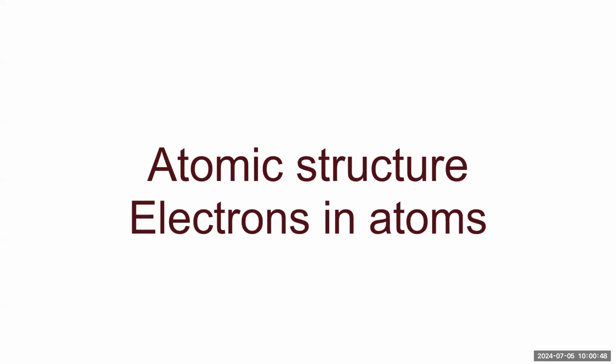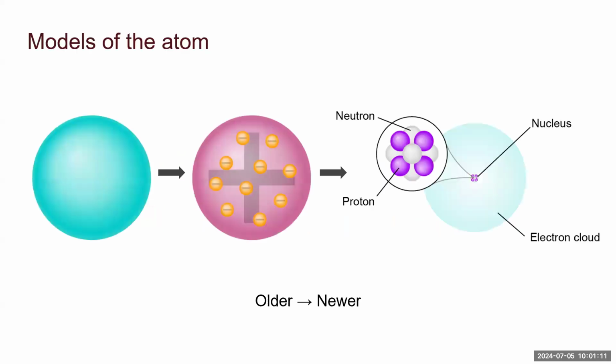So we are going to use today's lecture to continue digging into the periodic table. We're going to be talking about electronic structure and atomic structure of an atom, and then we're going to talk about the different subatomic particles, the building blocks or components of an atom. So, for a very long time, there was not really much knowledge about what an atom looked